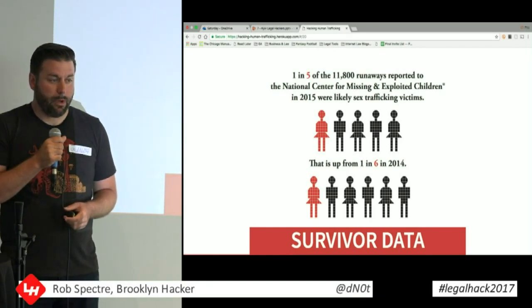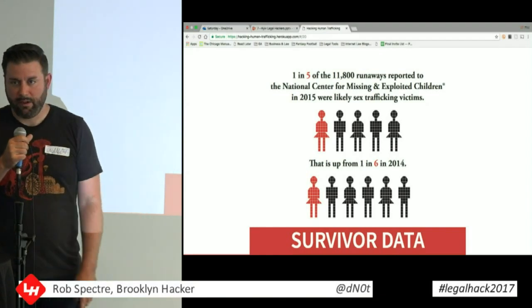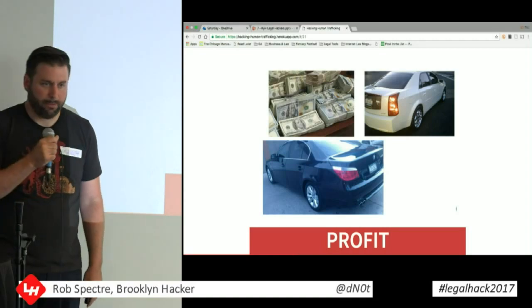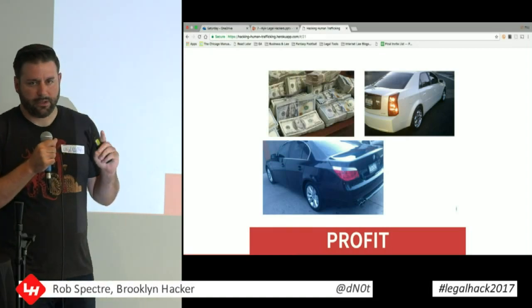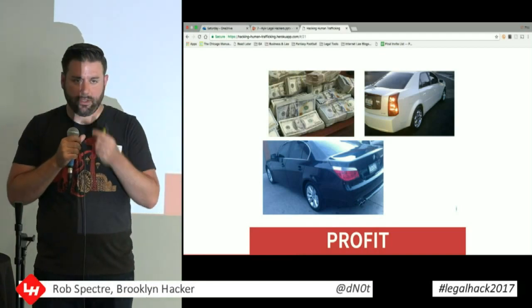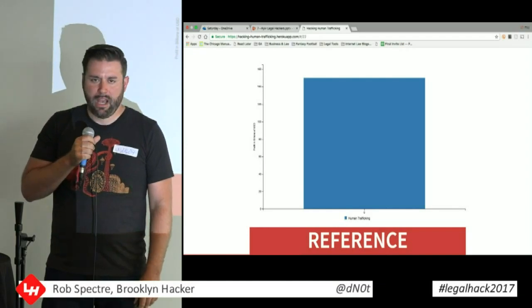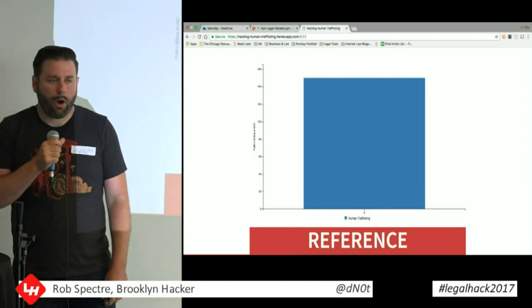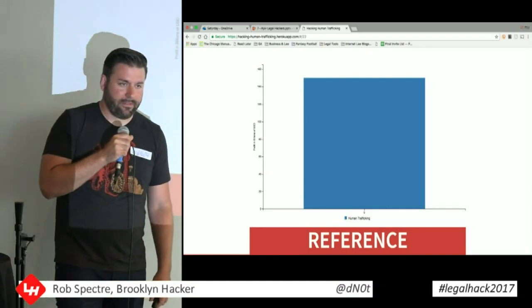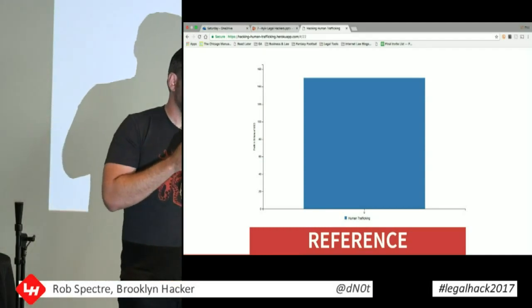So at the very most base level, and not just over the past decade, over the past few years, this is an area of crime that has been exploding. It's been fueled basically by three things. The first one is a lot of money. This is an example of some of the assets that were recently seized on an investigation from last year. And that represents a small part of the estimated $150 billion, with a B, dollars in profit that human trafficking